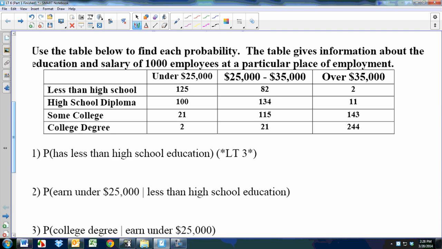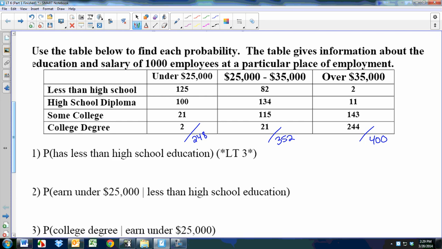If you looked at the first column here, the under 25,000, there are 125, 100, 21, 2. There's a total of 248 people that earned under $25,000 at this company. There's a total of 352 that earned 25 to 35,000. There's a total of 400 that make over 35,000. If you add all those up, like the problem says at the beginning, you have 1,000 people working for this